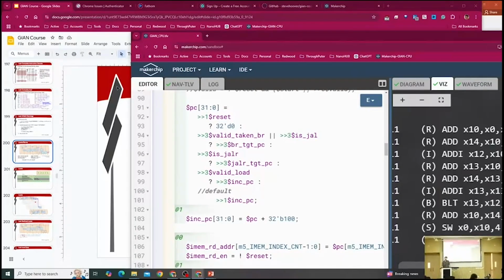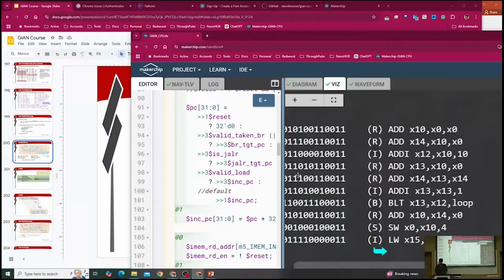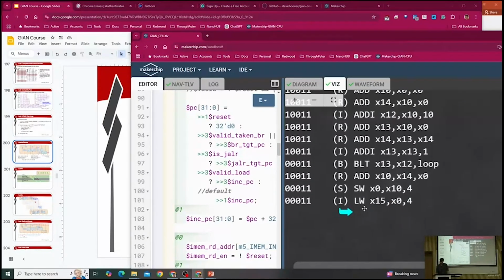So before lunch, we were a little confused about load and store. Apparently everything is running right. I double checked it. ChatGPT lied to me before lunch. So just to be clear on load and store, it's a little bit confusing looking at the code here because